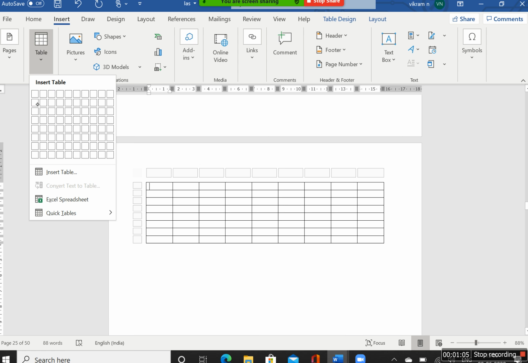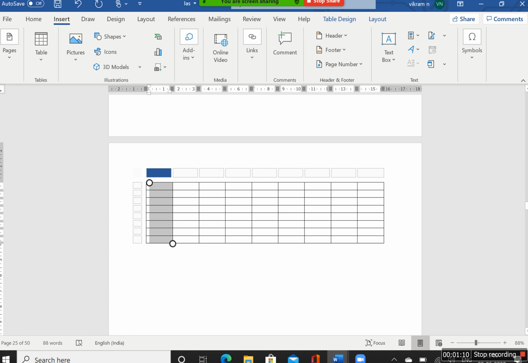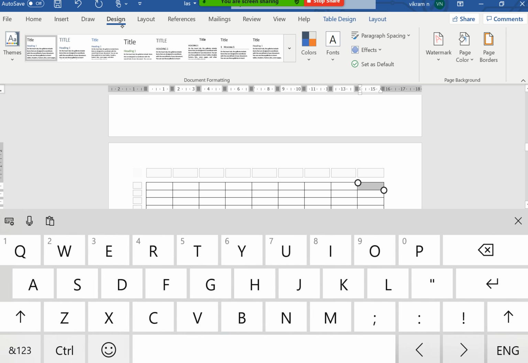So we have the different design formatting options as well in the table. You can go to design. You can see the different table options.